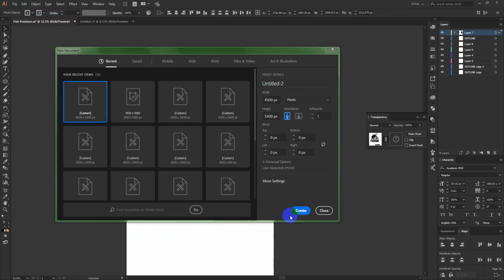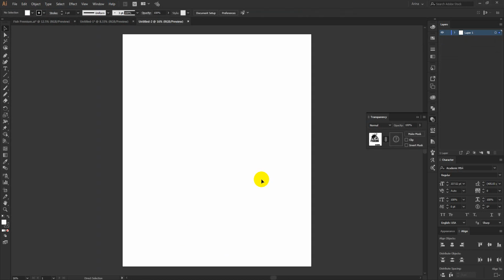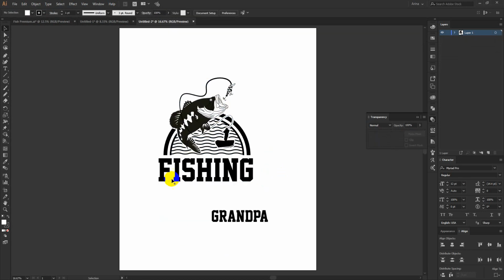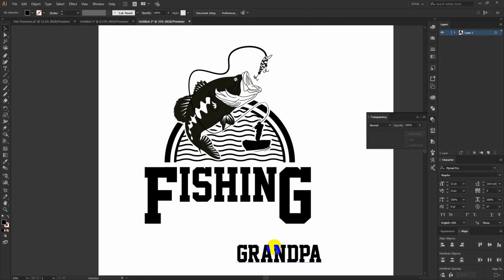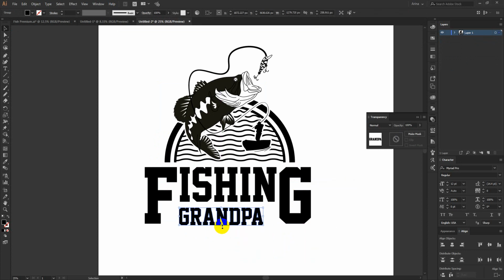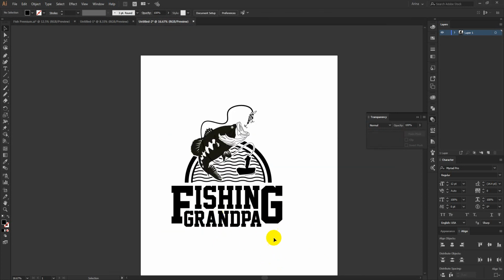I don't have that much time to change the colors of the layer, so I'm just going to make it a bit bigger in this two area so that I can place my grandpa text inside this area. Okay, something like this.